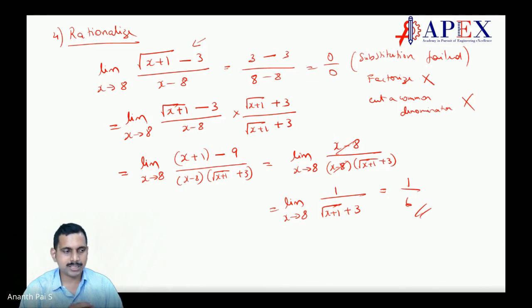So you may ask, sir, in reality, if we come across that, then what? Reality can be very different. What questions come to you is what can be answered in that 1 or 2 minute time. Only such questions will come in GATE. But in reality, anything can come, and then you have to go with numerical methods. That's why we have computers. We are doing CFD, we are going with finite element methods. Why? Because those things have to be solved, and we cannot solve them by hand, so we go with computers.